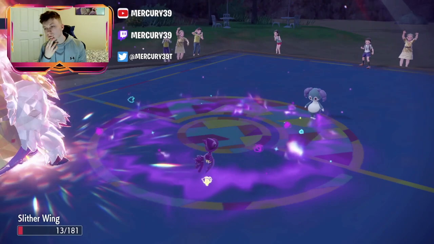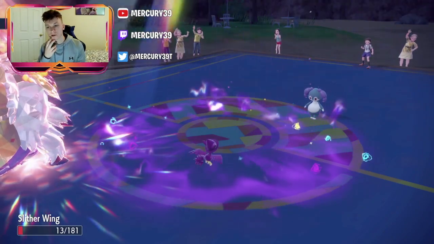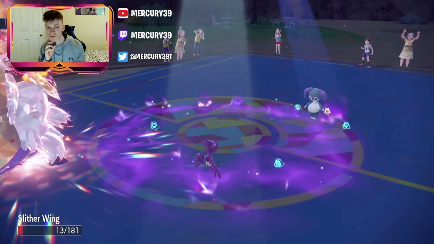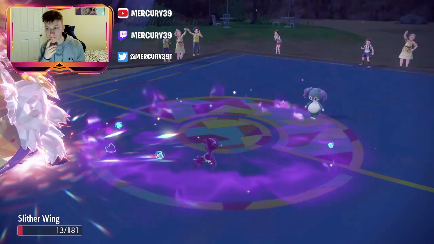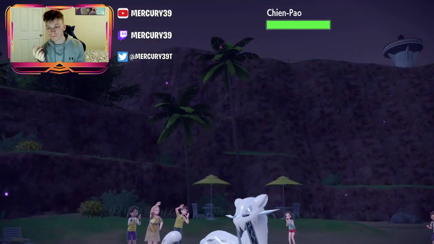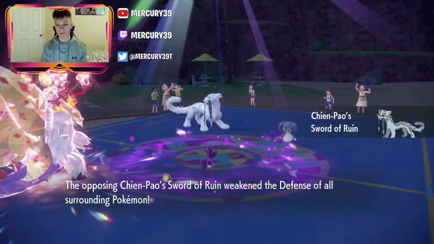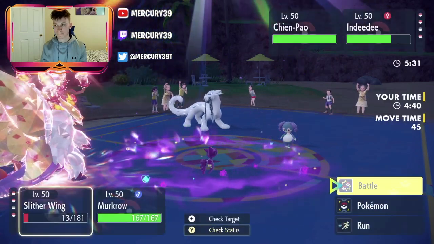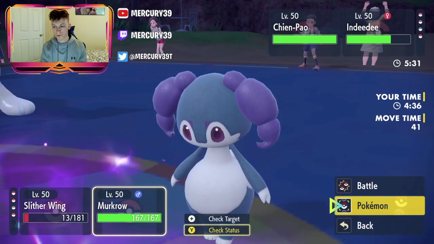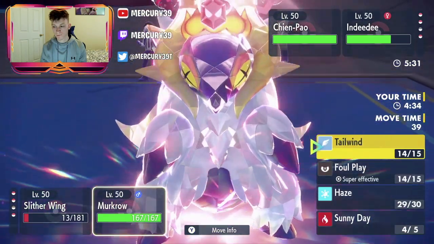I was trying to think, does he have any priority with this team? Because we could also Leech Life. Oh, he actually can't priority because Psychic Terrain is up. So yeah, this way we're able to get a Leech Life. And then Murkrow...